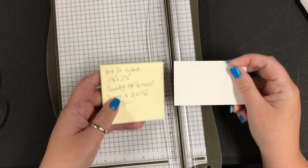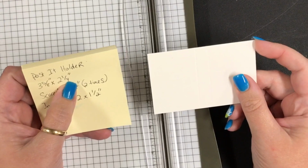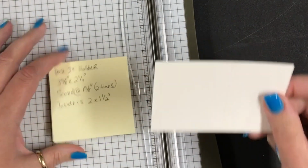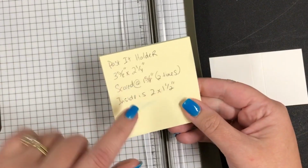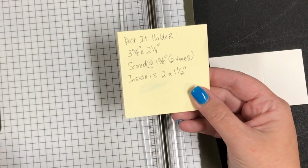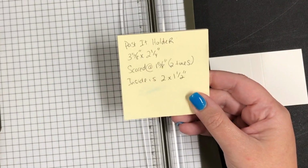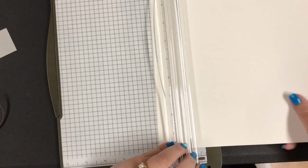So first of all, I'm going to bring in the paper cutter. The measurements on the main piece of white thick cardstock is 3 5/8 by 2 1/4. And then I score it 1 5/8 and then 1 5/8 to get the inside line of where the post-it notes will sit. The inside is 2 1/2. I'm sorry, I lied. It's 2 by 1 1/2, and this piece is the piece that the sentiment will go on. So to get started, I'm just going to pull in a piece of thick Whisper White paper and cut